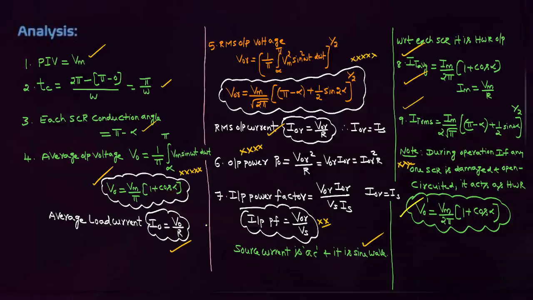This is the observation. The question is asked like this: single phase full wave or fully controlled bridge rectifier using R load. During the operation, if any one thyristor is damaged and open circuited, what is the average output voltage? That is, it acts as a half wave rectifier, so it's Vm by 2 pi. Actual average voltage is Vm by pi, but here Vm by 2 pi because it acts as a half wave